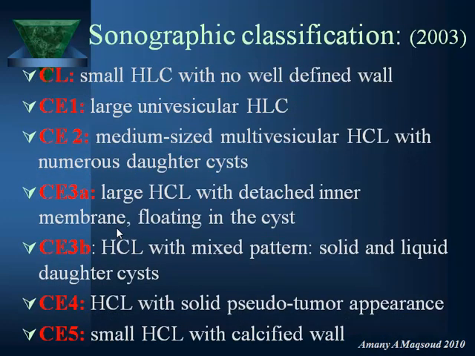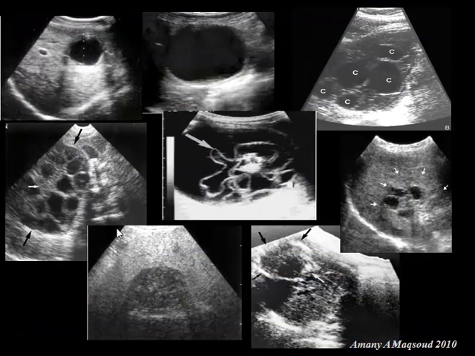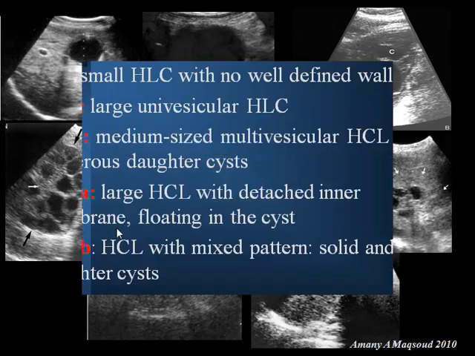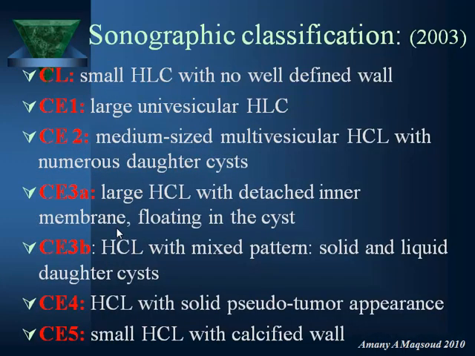And we have also the CE3 type, a large Hydatid cyst with a detached inner membrane. The germinative membrane is detached, floating inside the cyst, giving it what we call the water lily appearance, or the wheel appearance, or the rosette appearance. All these are names for this germinative layer falling like a sheet folded on itself in the cavity of the capsule. And we have the CE3B, which is a mixed pattern, solid and liquid with daughter cysts, and we have